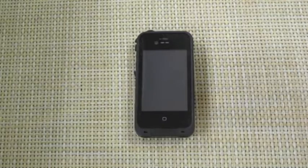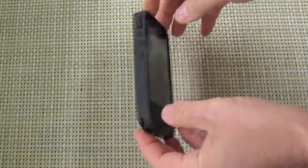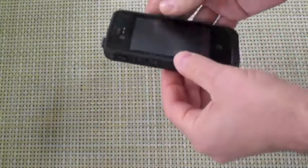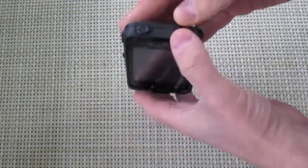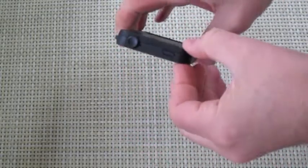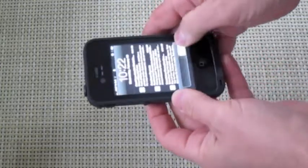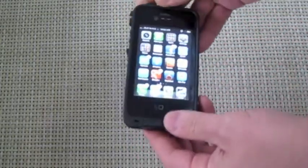We reviewed the case a number of weeks ago. It is a really unusual case in that it completely wraps the iPhone in a protective case that is dustproof, waterproof, snowproof, LifeProof, hence the name, and yet it's not all that thick, and it's certainly not all that bulky. And if you turn on the iPhone, you actually find that the screen is really quite responsive through the protection, and it's completely waterproof. In fact, that's why you have this